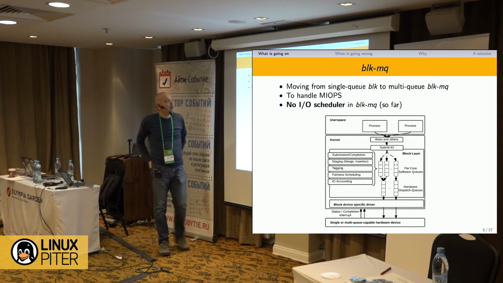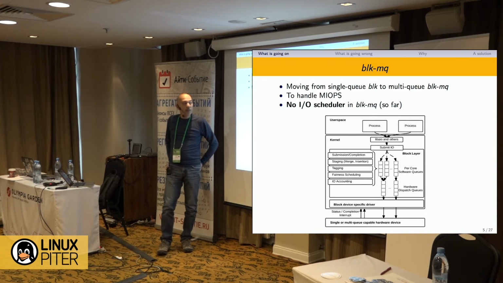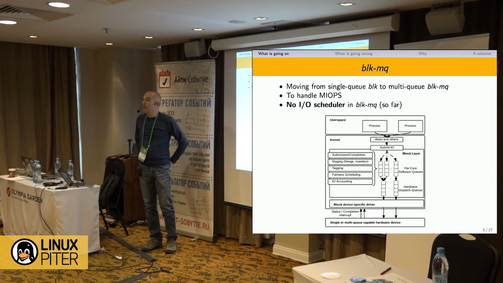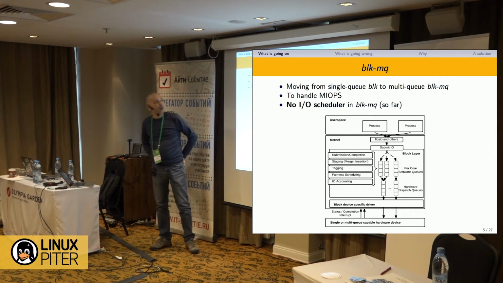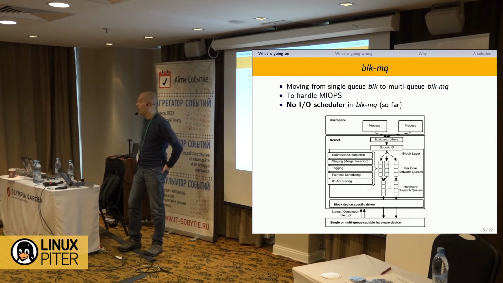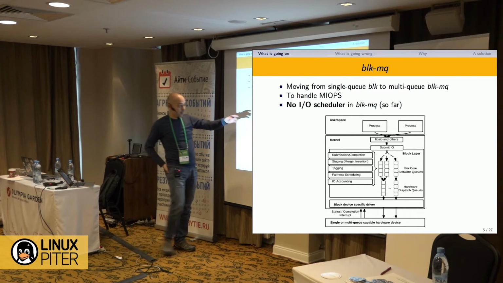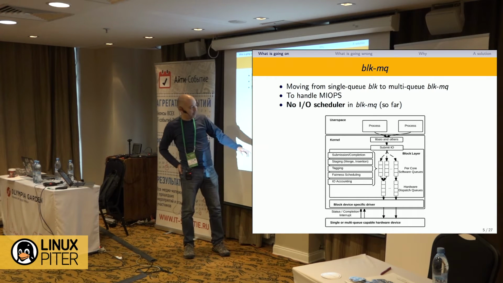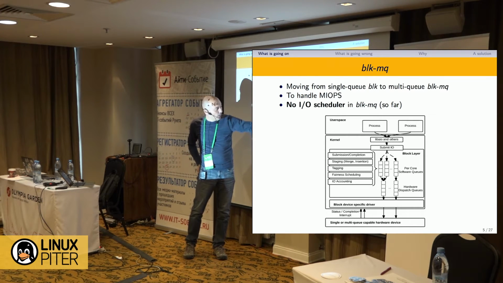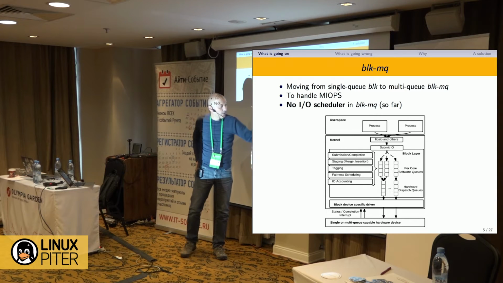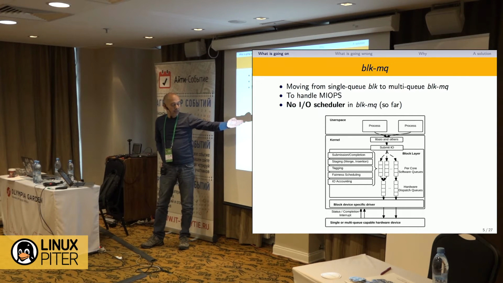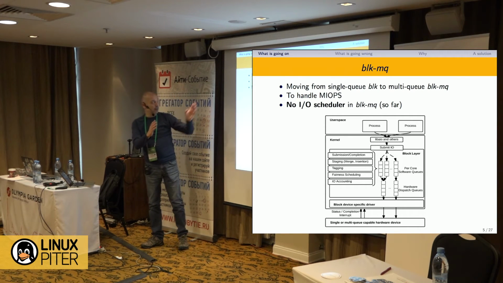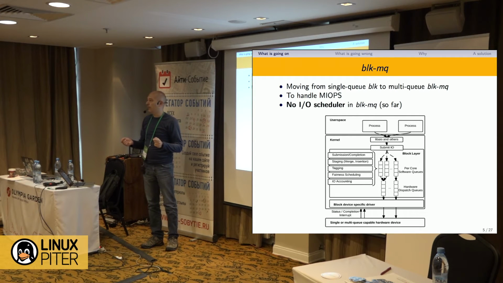This is why the kernel has undergone a radical change, a move from the old good block BLK to the new block NQ, block multi-queue. As the name suggests, and as you can see from this picture here, now there is not more only one queue, but there is one queue for each core. And then you can easily understand what's the goal. The goal is executing the code in parallel on the cores. And this gives you a huge speed up.